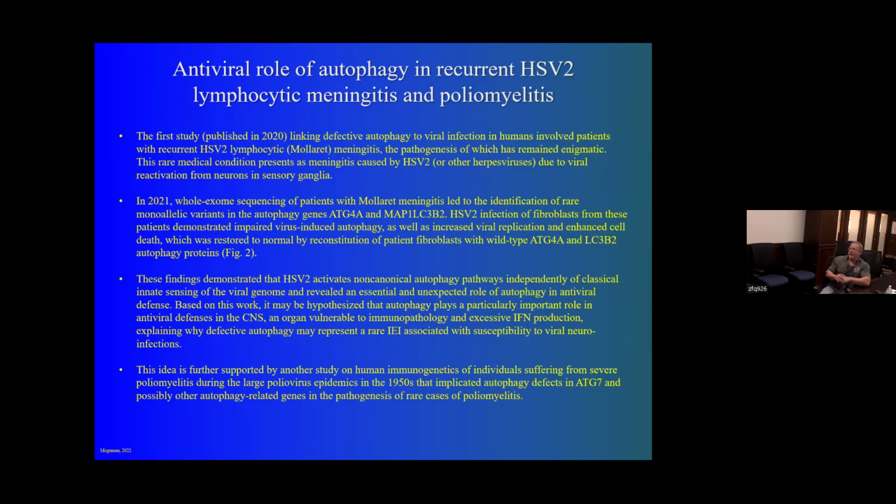So in 2020, a study was published that looked at this autophagy, this recycling process, in humans that were infected with herpes simplex type 2, HSV type 2. Herpes simplex type 1 generally produces the pathology that we associate with cold sores around the mouth. Herpes type 2 produces a pathology that we generally associate with sexual transmission. So these are going to be the lesions that you would see in either vaginal or penile tissues in females or males. And this is the HSV that we normally associate with sexual transmission.